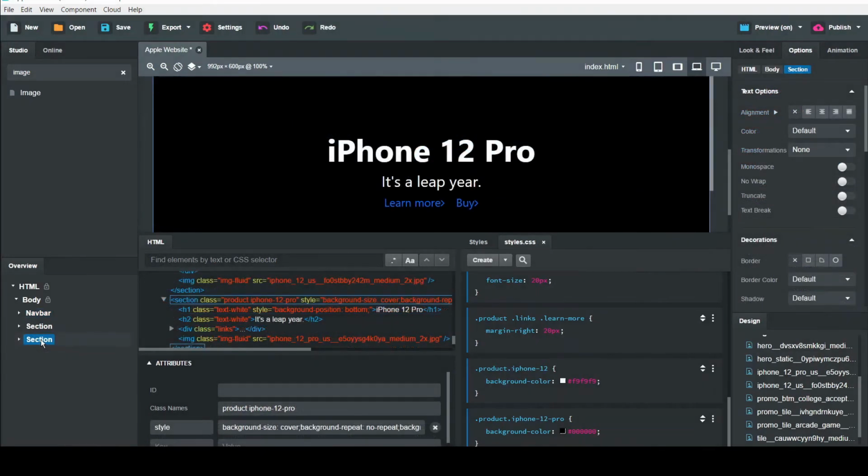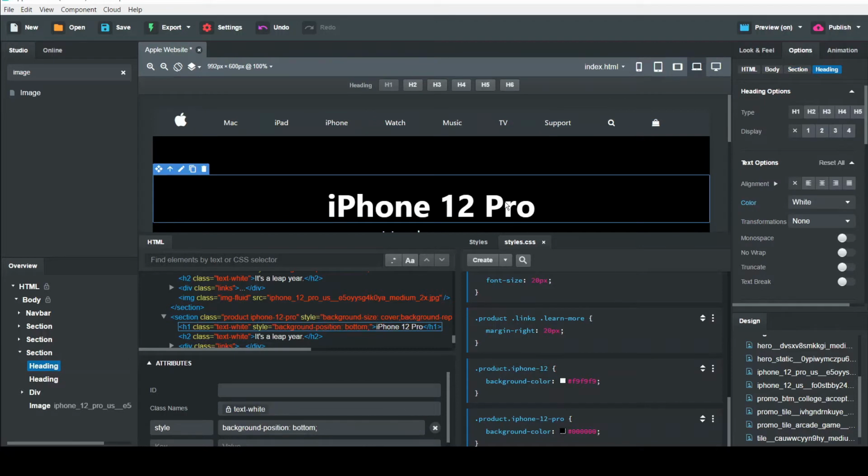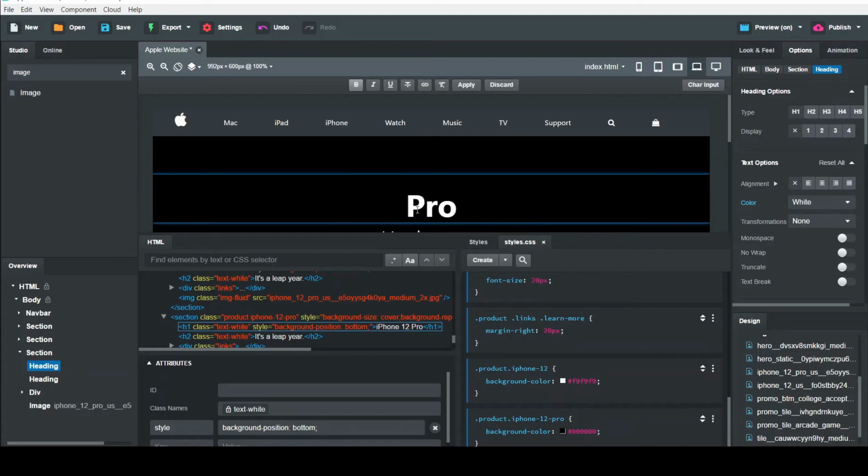Now duplicate this section for another product by pressing Ctrl plus D. Now change the heading, and make the color default.